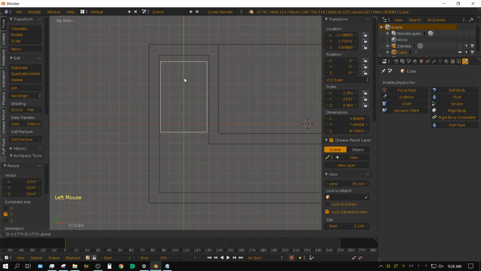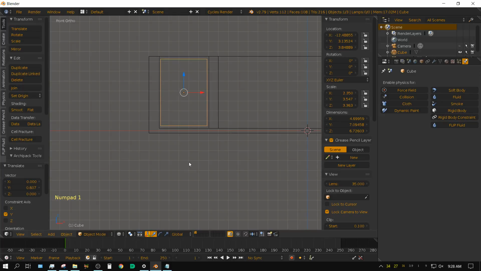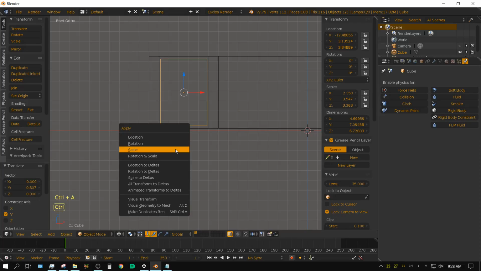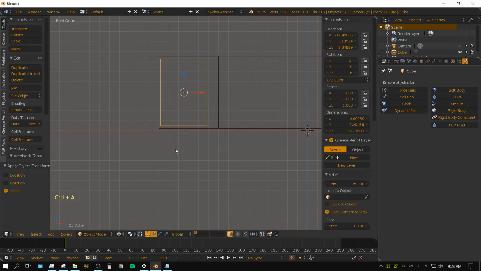Doesn't have to be exact, and just bring it back like that, and just make sure that it's not actually touching the walls or the floor. Alright, now once again over here the scale doesn't all say 1, so we need to apply the scale. Control A, click scale.